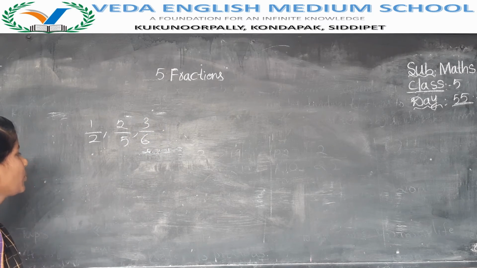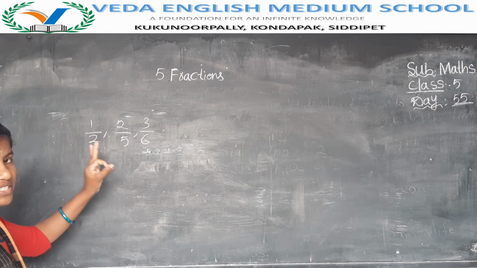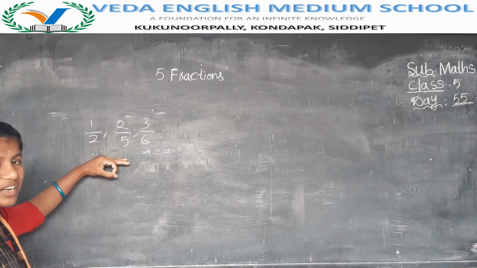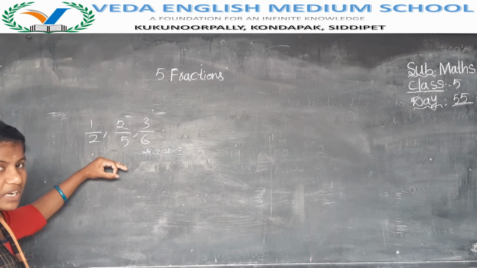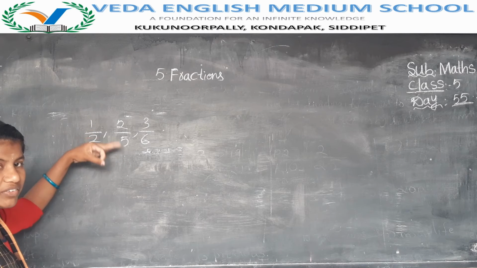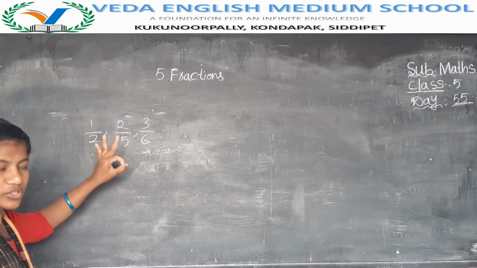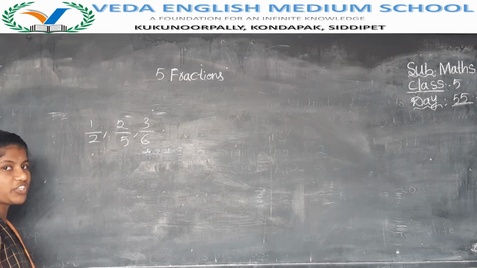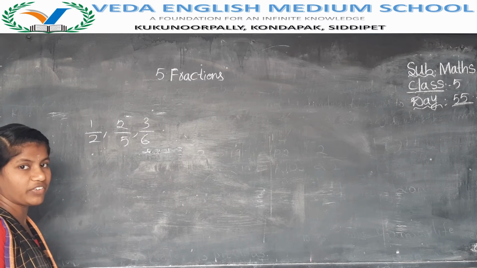Now I want to know out of these three fractions what is a greater fraction and what is a smaller fraction. ఇంతకు ముందే చెప్పాను unlike fractions అంటే న్యూమరేటర్ డినామినేటర్ వేరువేరుగా ఉంటాయి. ఇక్కడ వేరువేరుగానే ఉన్నాయి కదా. So first of all, if you want to know which is a greater fraction and which is a smaller fraction, you have to convert unlike fractions into like fractions.